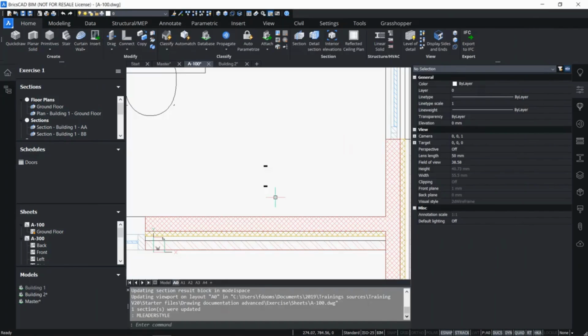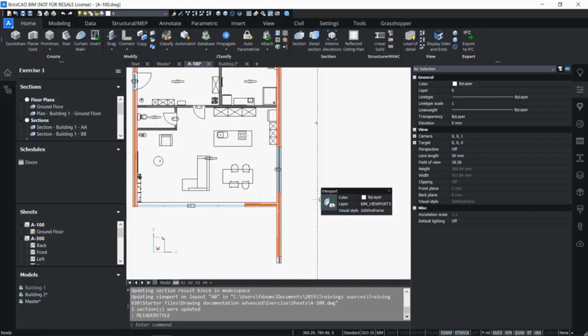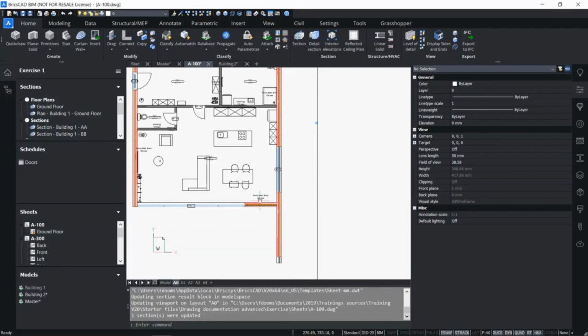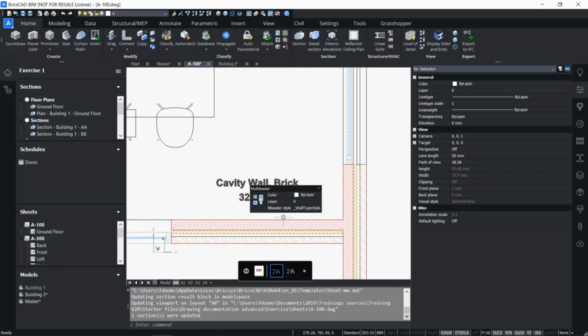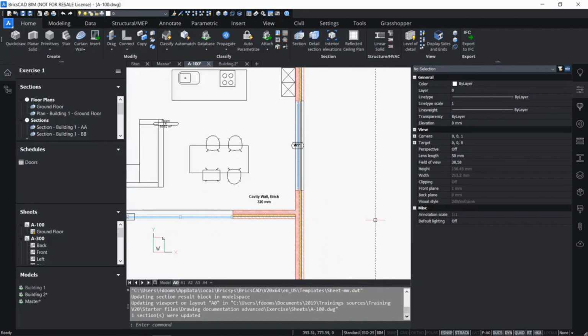Then you see the leader is gone, but we again need to update our viewport to display the changes. Actually what I should have done first, while I changed the mLeader, was do the region, and then do the update in that order, because otherwise it would seem like it did not work,